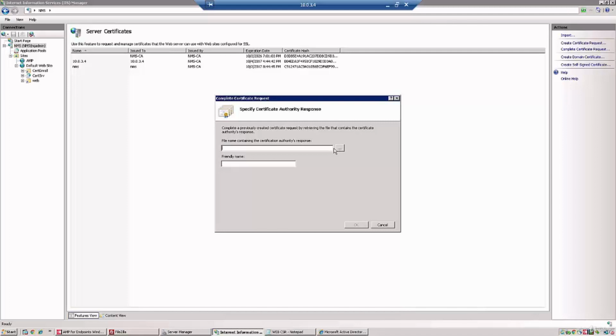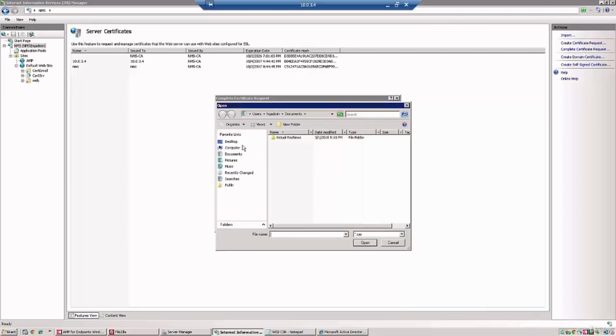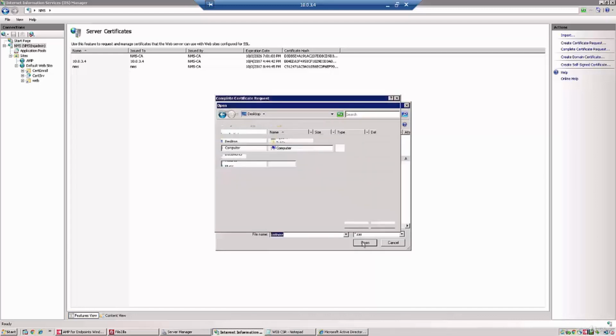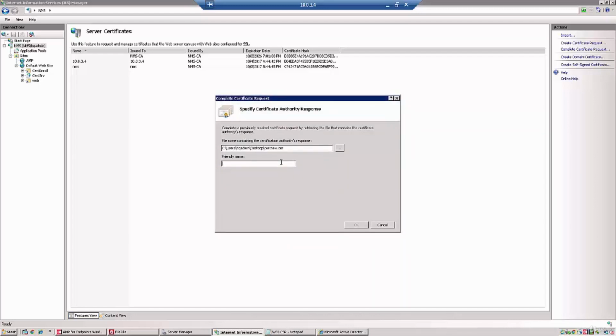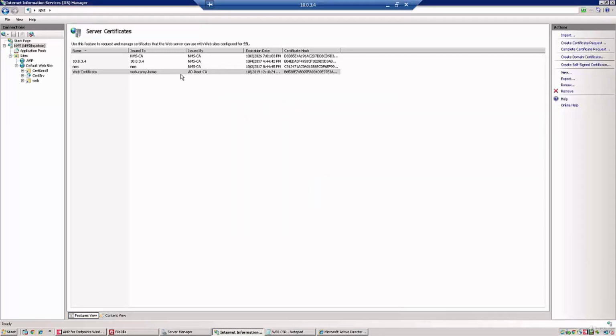It's going to ask for the file name. And then I'll call this web certificate. And there you go. Now I have completed my certificate request. You can see it was issued by my Active Directory root certificate authority. And now if I wanted to, I could assign the certificate as my web server's identity certificate for any HTTPS